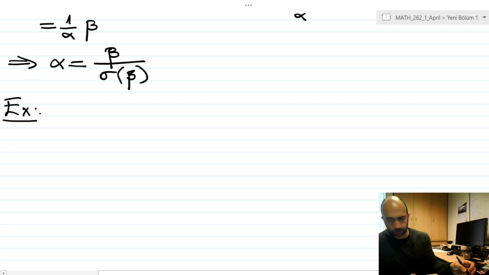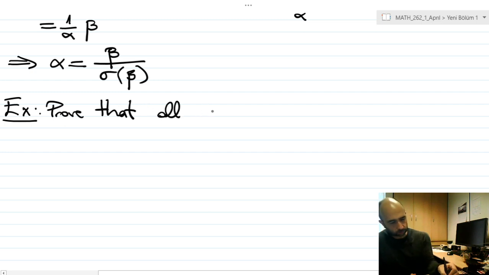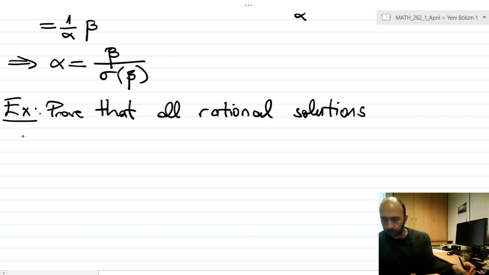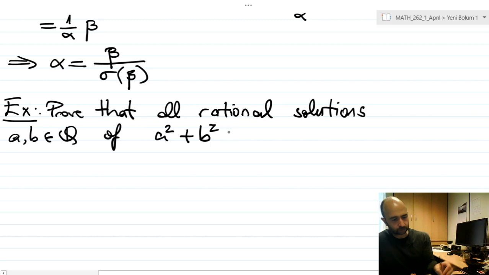So prove that all rational solutions a, b in Q of this Pythagorean type equation, a squared plus b squared equals 1,